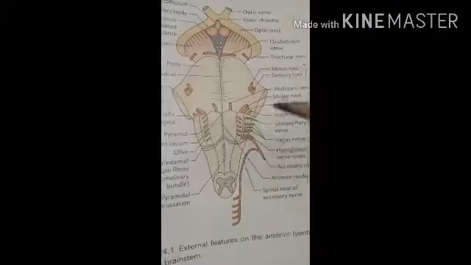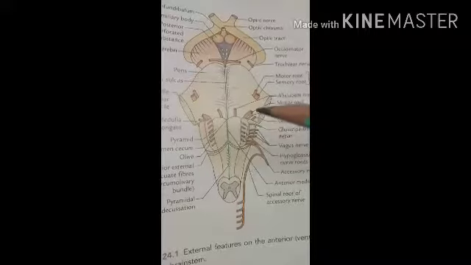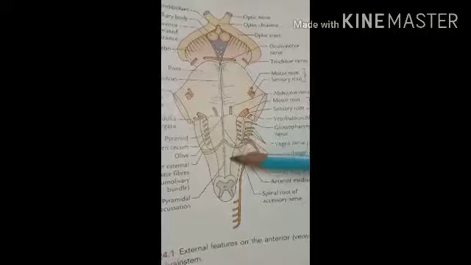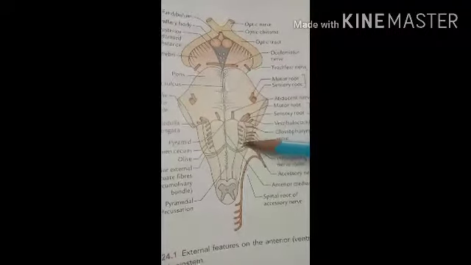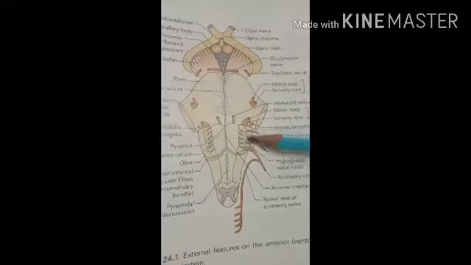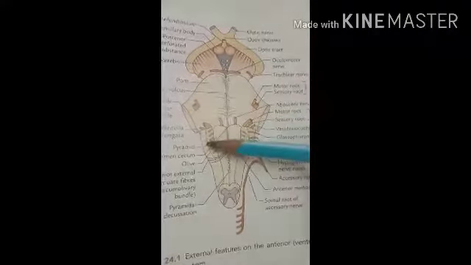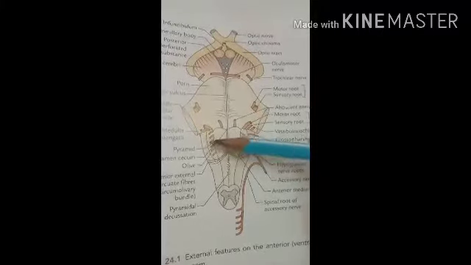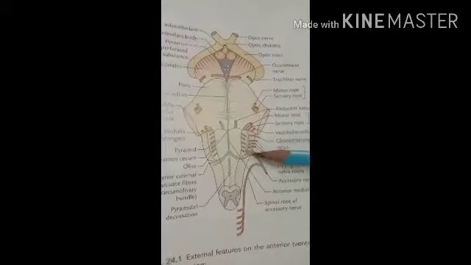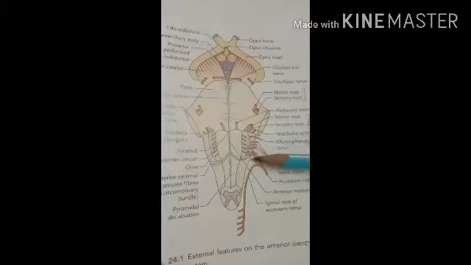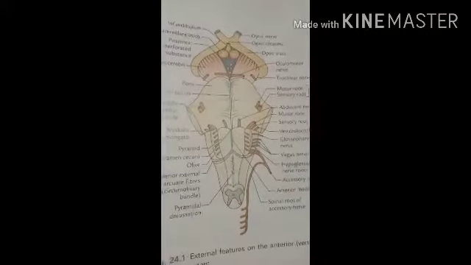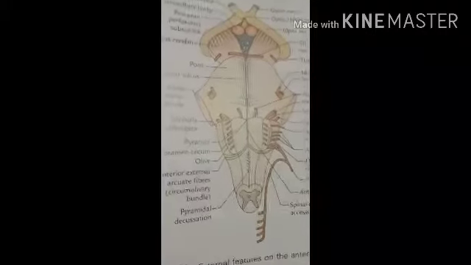Then the upper part of the region shows an oval elevation in between the anteromedian sulcus and the posterolateral sulcus. Here it shows the elevation. It is called the olive, on both sides, and it is produced by the largest mass of gray matter called the olivary nucleus. Then the posterior part of the medulla oblongata.